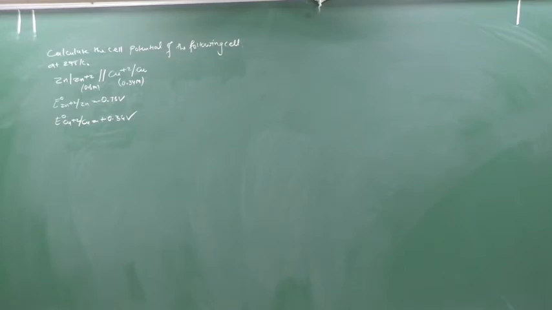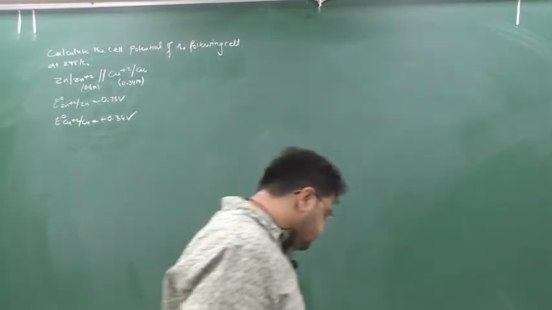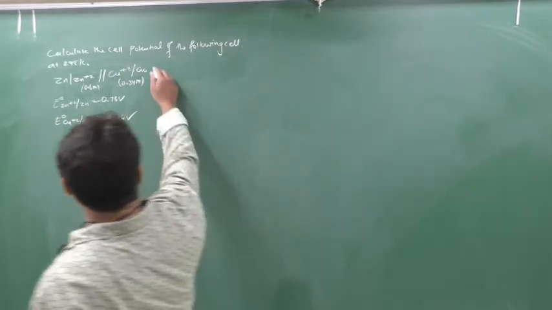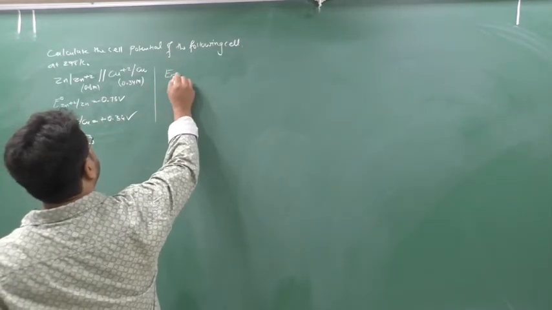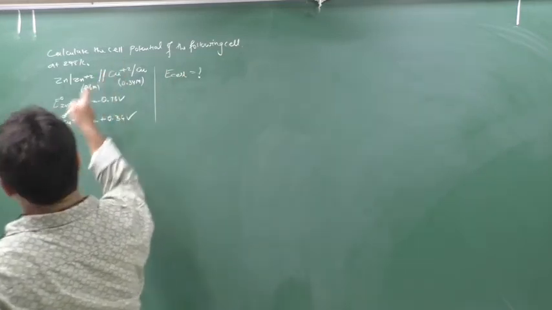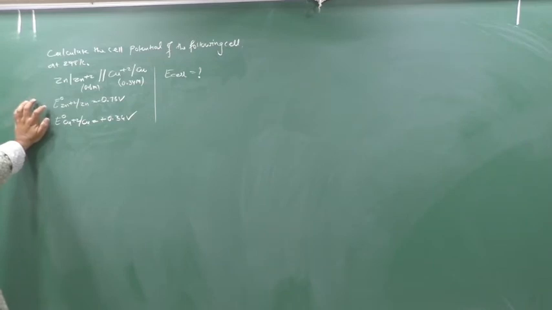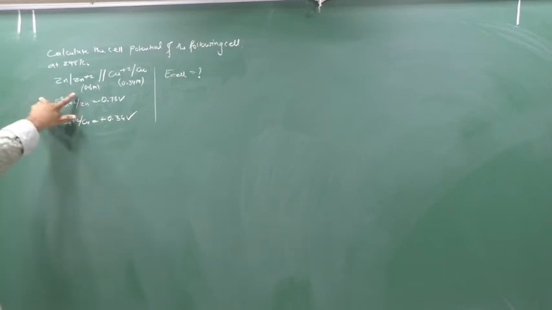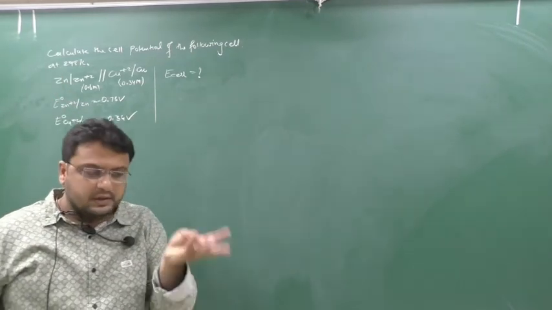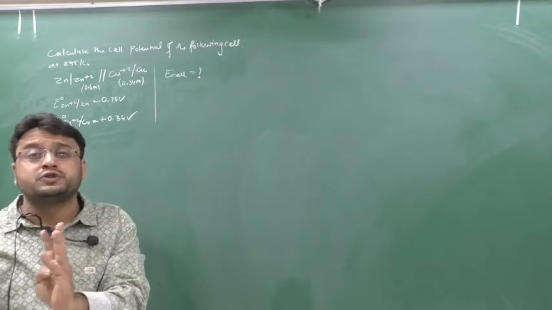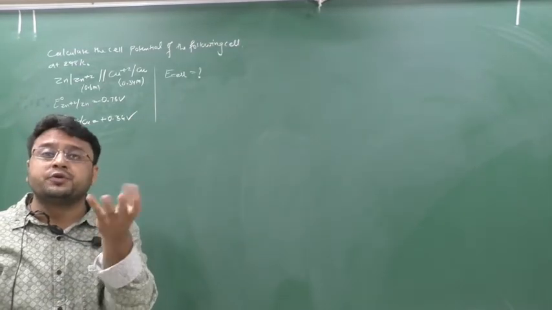Clear? Chalo, now we will see how to solve. They have told to calculate the cell potential, beta, which means they ask you to calculate E cell, not E naught cell. They have not told standard cell potential, they have just told cell potential. Point number 2, they have given the standard electrode potential of each electrode and they have given the concentration. So cell potential, standard cell potential and concentration of the solution, these three comprise which kind of equation?